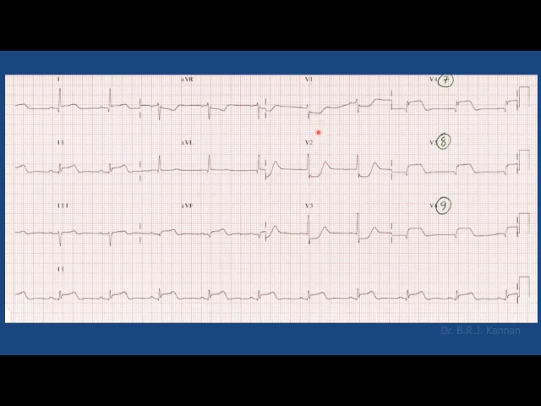Then what is the reason for ST depression in V1 to V3? This also we already discussed during our basic class. The same ST elevation, whatever you see here in these posterior leads, is seen as ST depression by the anterior leads. So even if we are not regularly taking V7, V8 and V9, using our V1 to V3 we can say that there is posterior myocardial infarction. So whenever inferior MI is associated with ST depression in V1 to V3, that means it's an inferior posterior myocardial infarction.